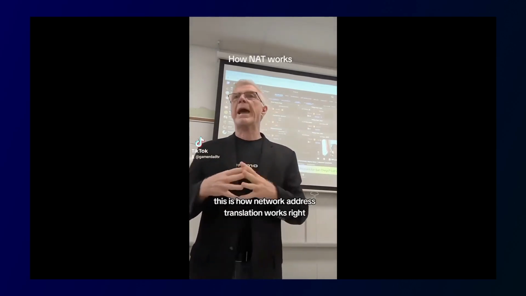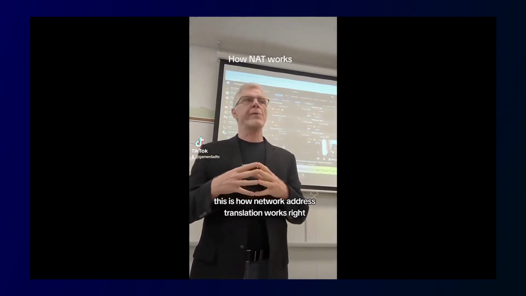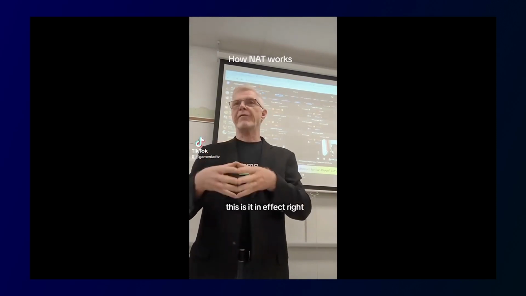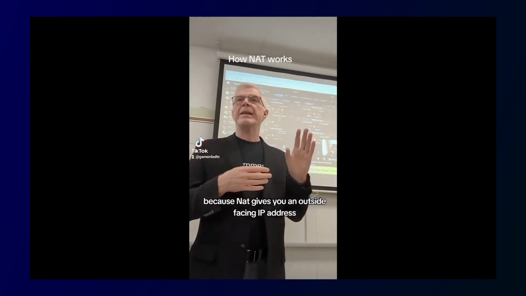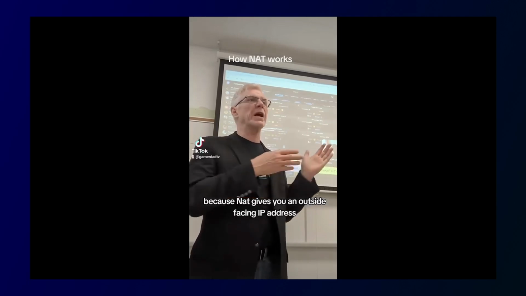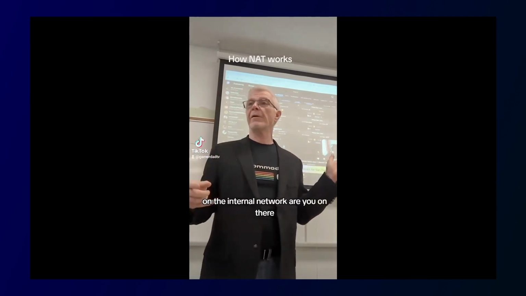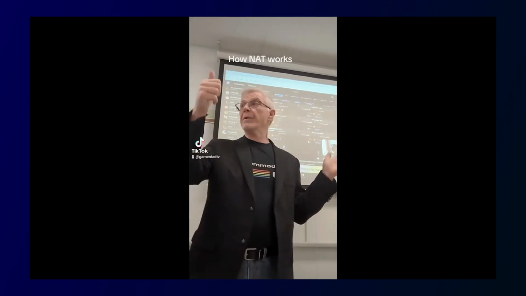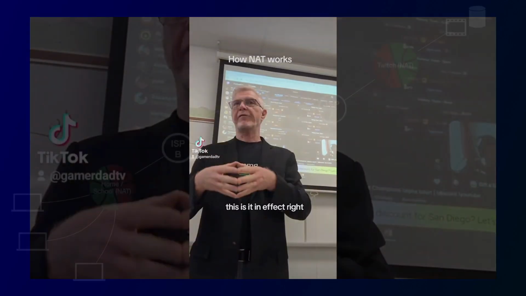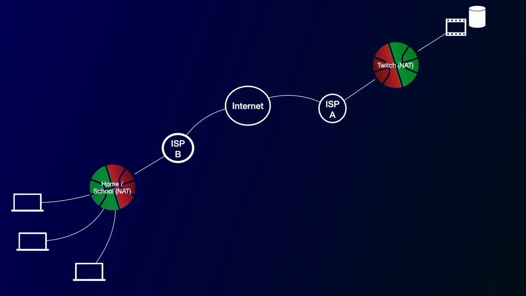This is how network address translation works, right? This is it in effect, right? Because NAT gives you an outside facing IP address, and we're all internally on a different network, on the internal network. Are you on there? Are you on there? Give me a thumb. What? Okay, so this is an excellent start for us to dig more deeply into what network address translation is